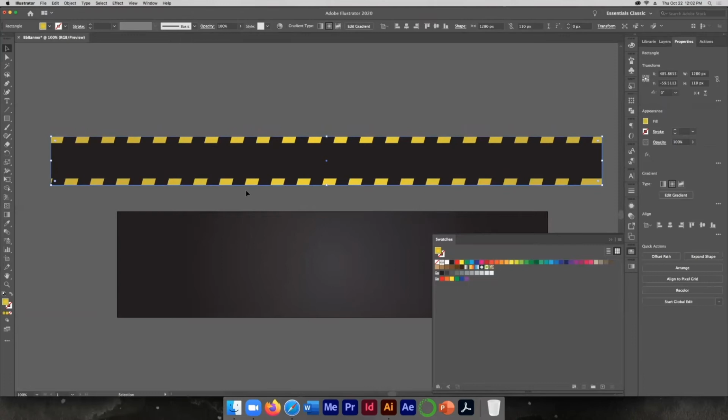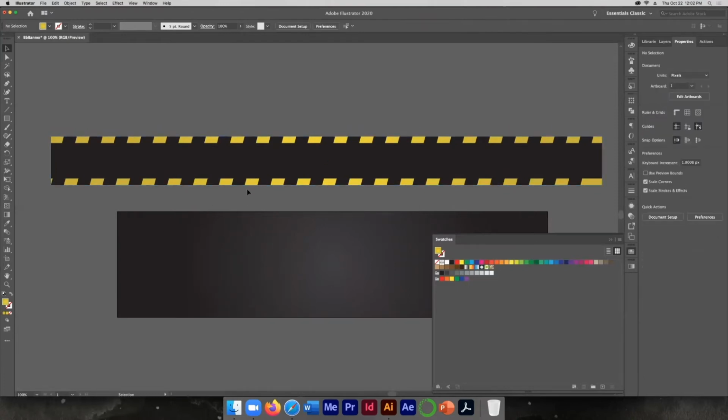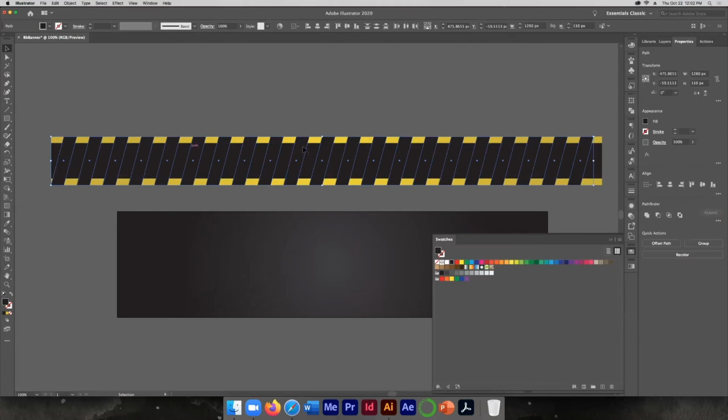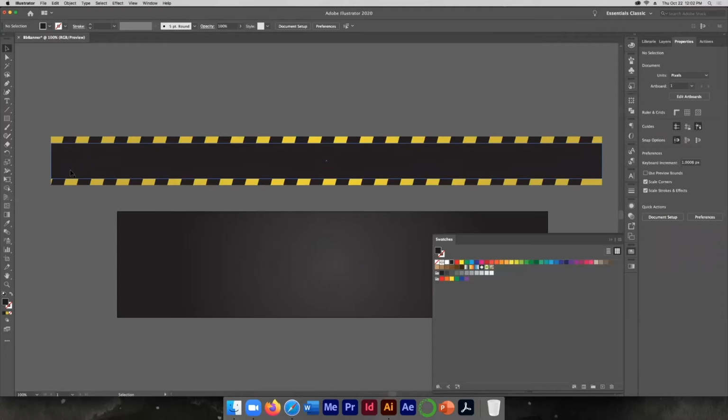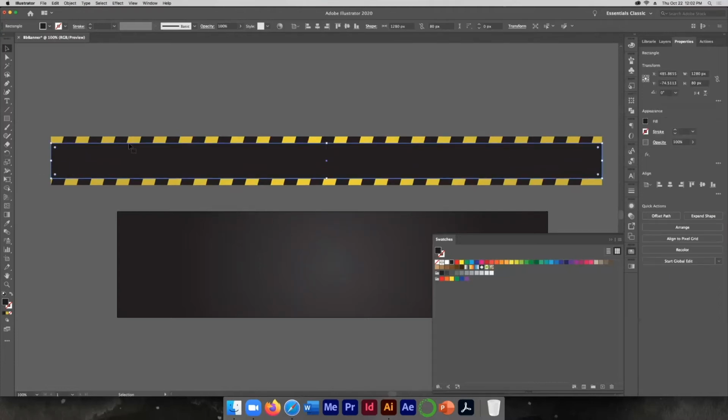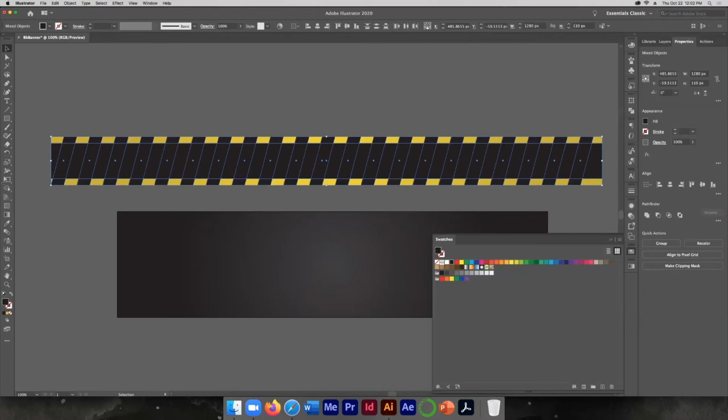And I'm going to now lock our yellow rectangle because we don't need it for these next steps. I'm going to click on the artboard and select only the slanted black rectangles. And I'm going to select all of those and group them. And now I am going to select the long black rectangle and the group black rectangles. And I am going to go to my shape builder tool. And then I am going to combine that shape, leaving the top